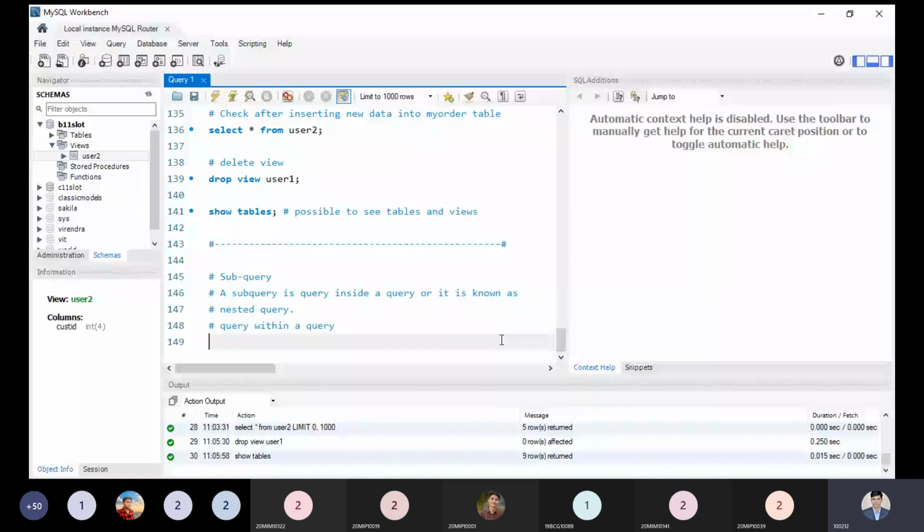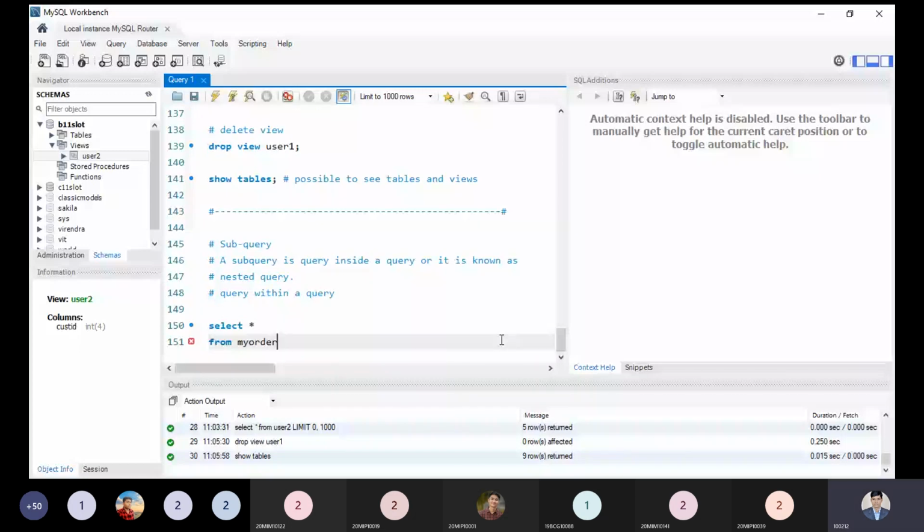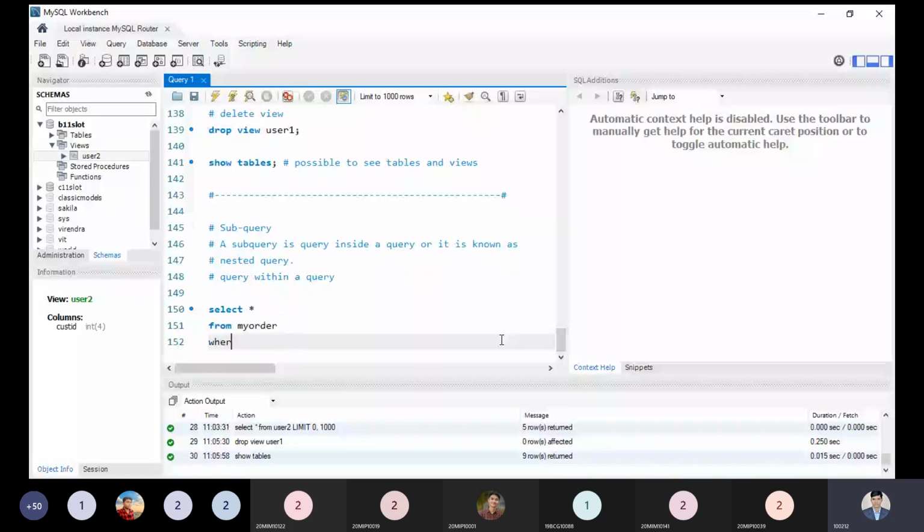I'm writing a query: select customer ID, or I can say select star from my order where customer ID in select customer ID from my customer.